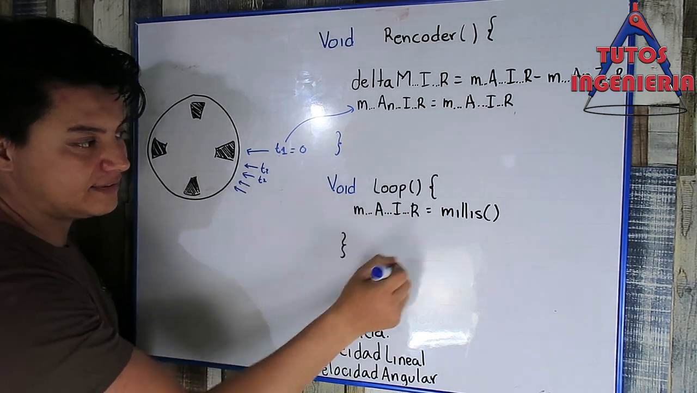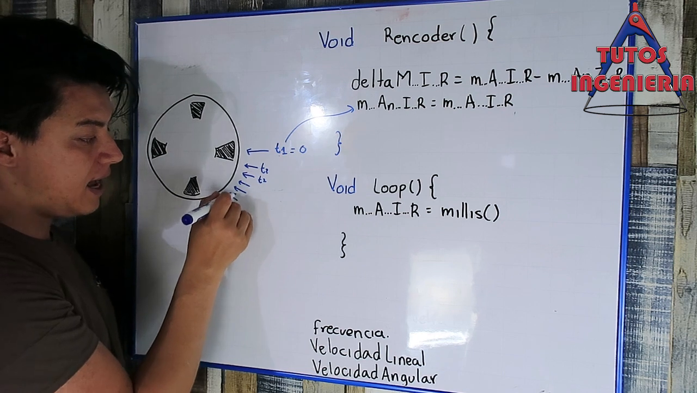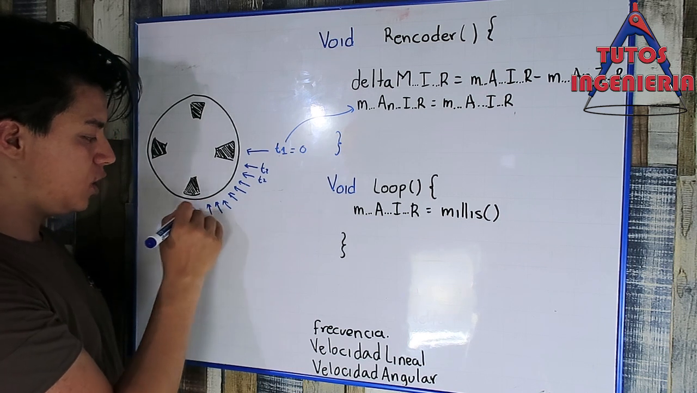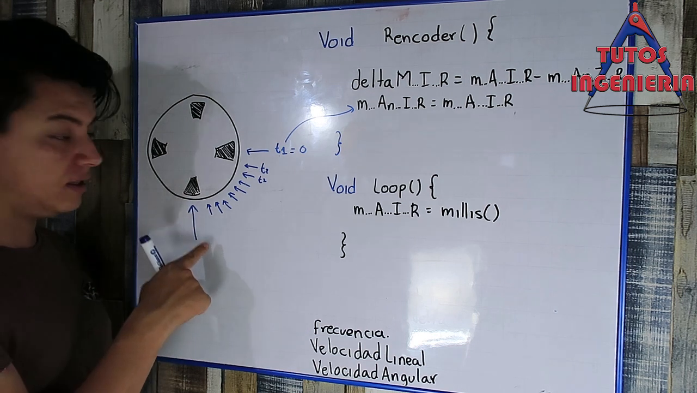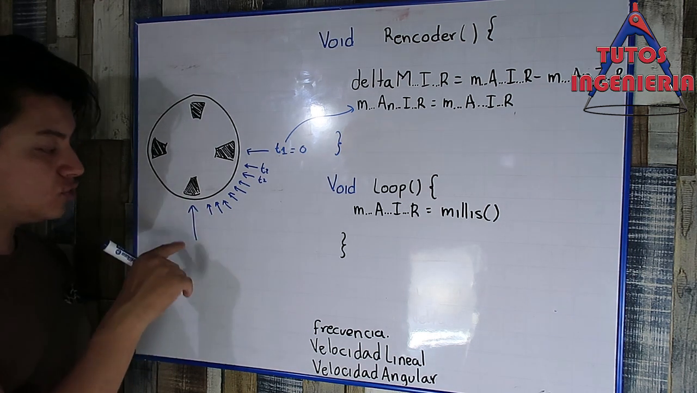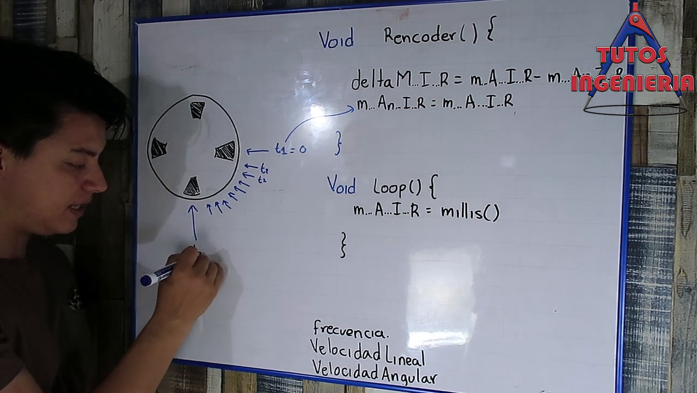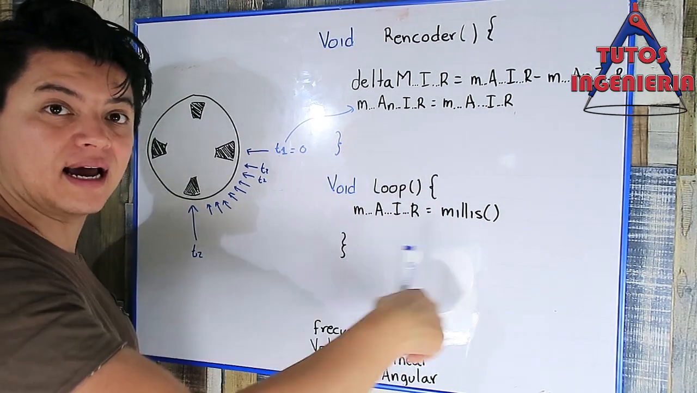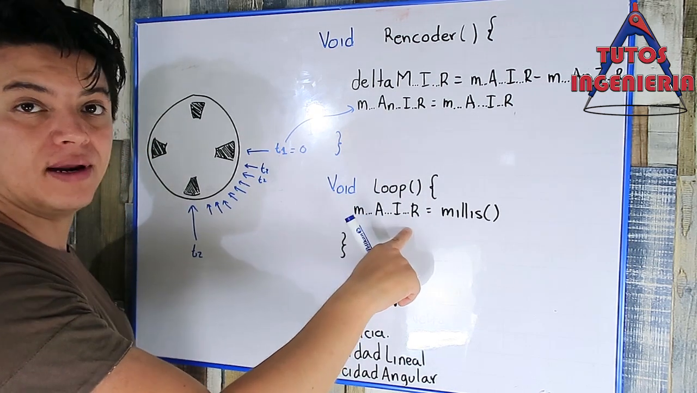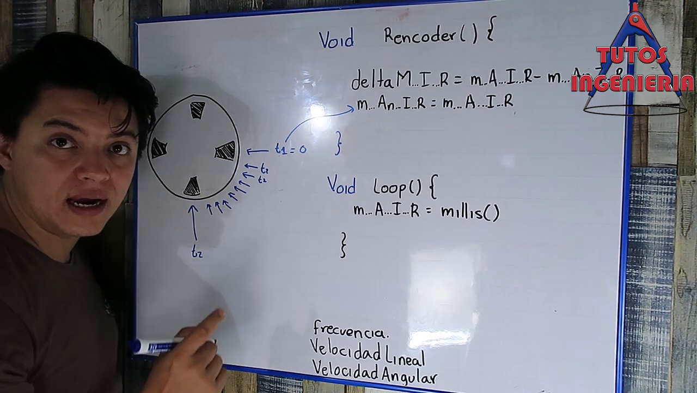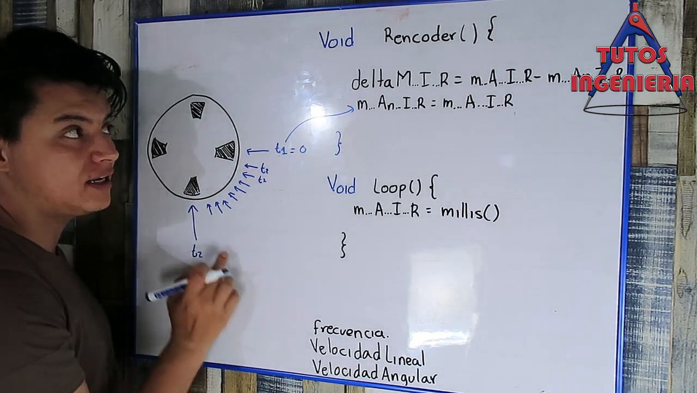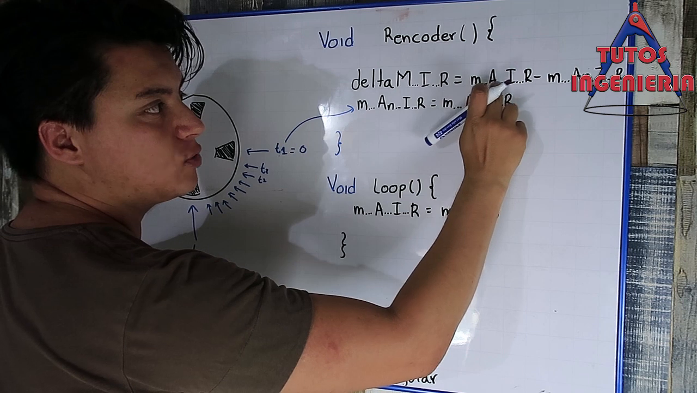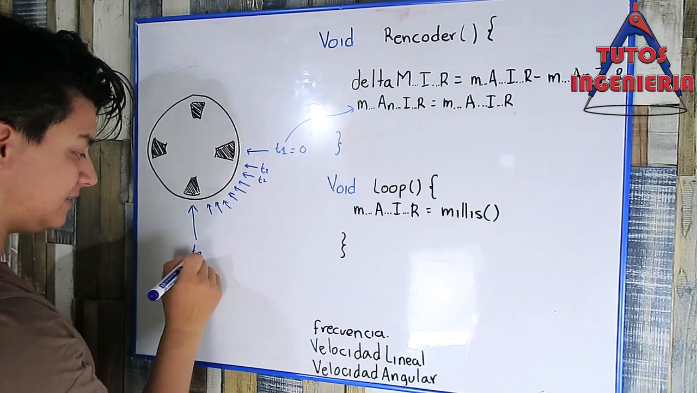Remember that the loop is a cycle. In that cycle, in every sample of time, it is saving the time that the Arduino has. That variable, muestreo actual de interrupción R, is saving that time, and when an interruption happens, the loop is broken and we are going to execute the interruption function. What is the interruption function? Remember, the loop is saving the current time, but when we execute the interruption, we